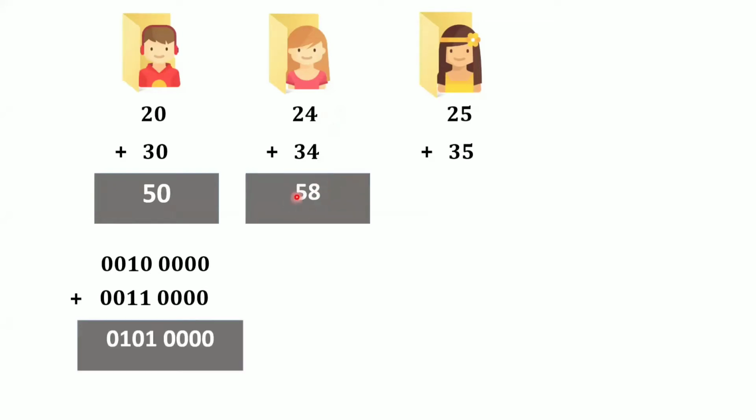Now try to remember, whatever addition we are performing, inside the billing machine there is a microprocessor. Whatever addition operation it performs is done on hexadecimal numbers. You know hexadecimal numbers, right? So 20 plus 30: 20 is 0010 0000 and this is your 30. If you do the hexadecimal addition, you will get the result 50. Similarly you get 58 here.